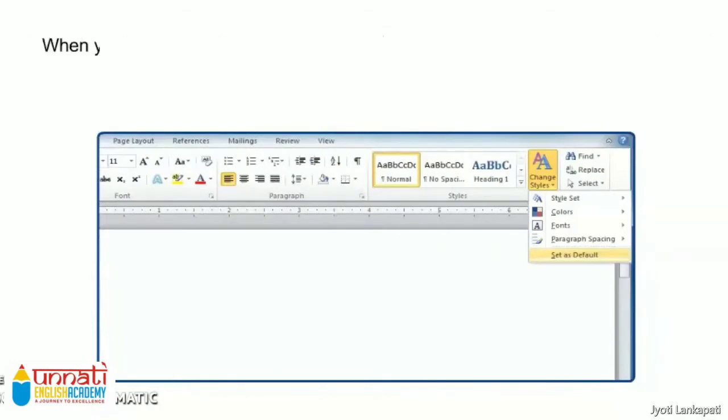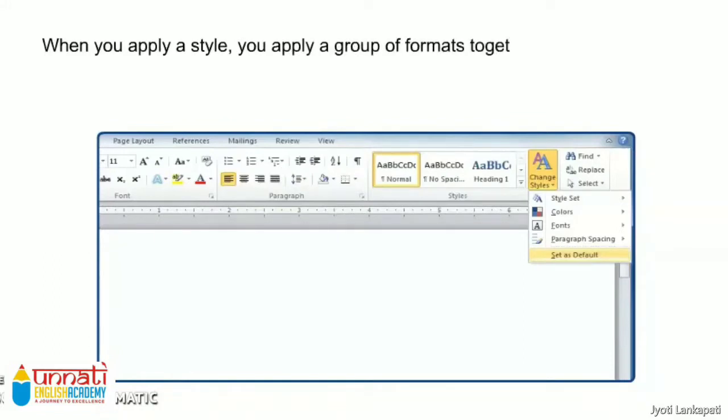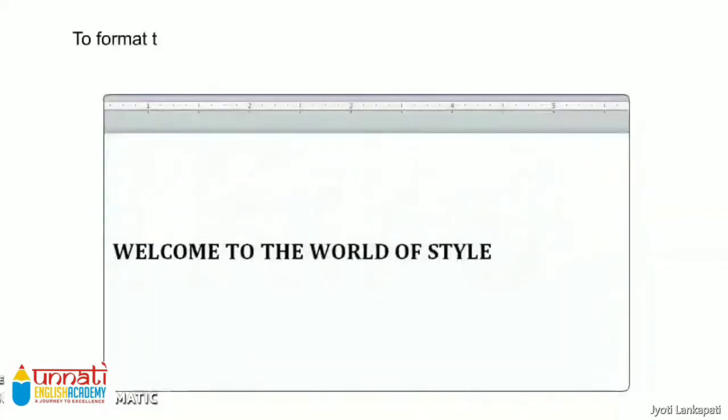When you apply a style, you apply a group of formats. Here, consider a group of formats together in one simple task.